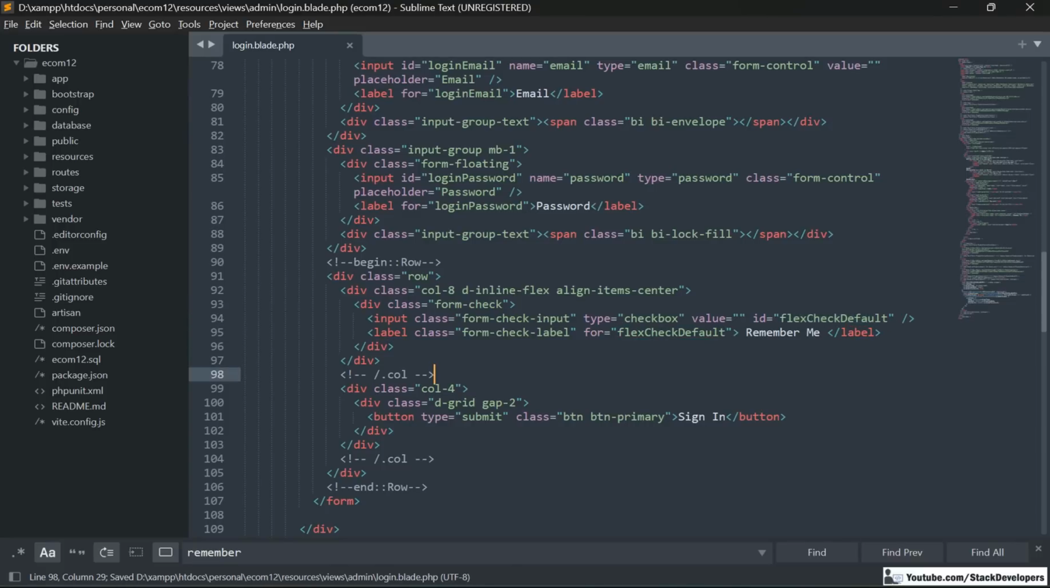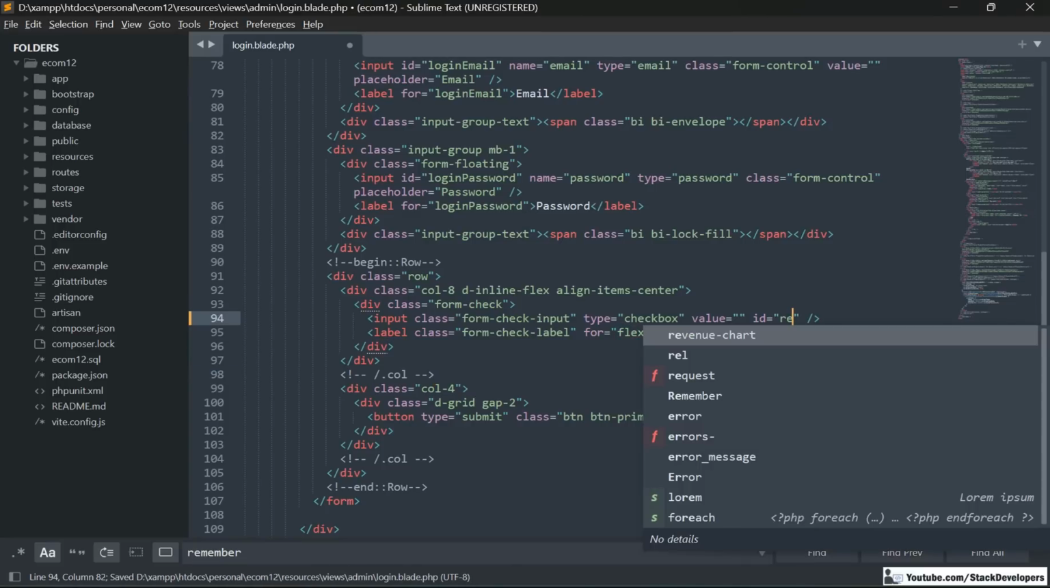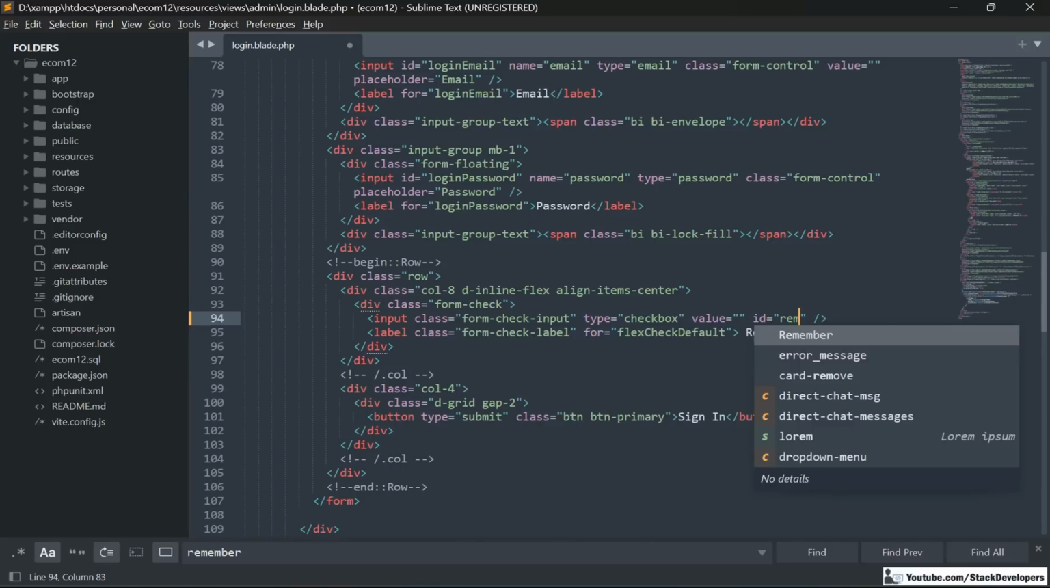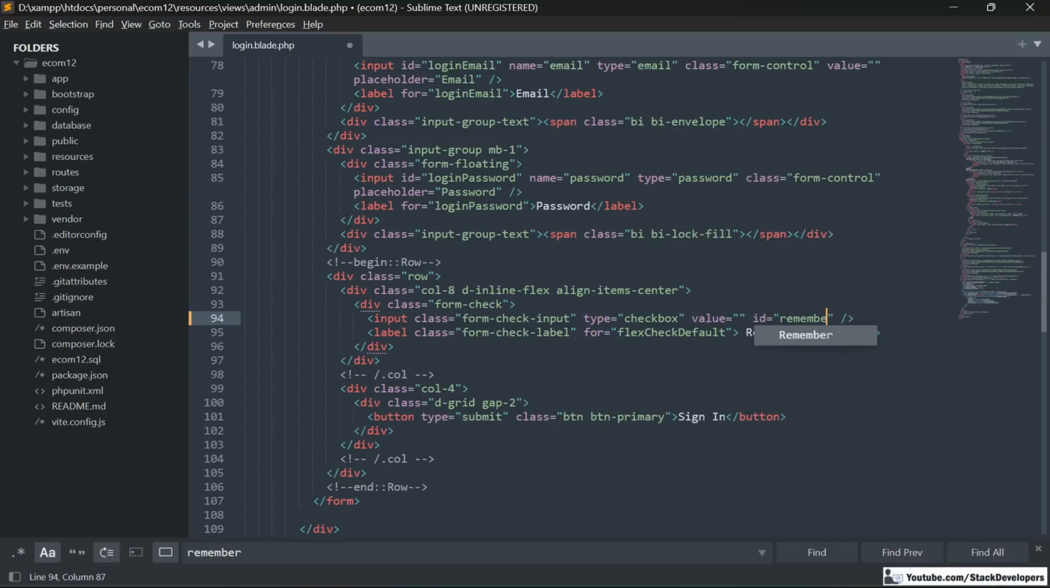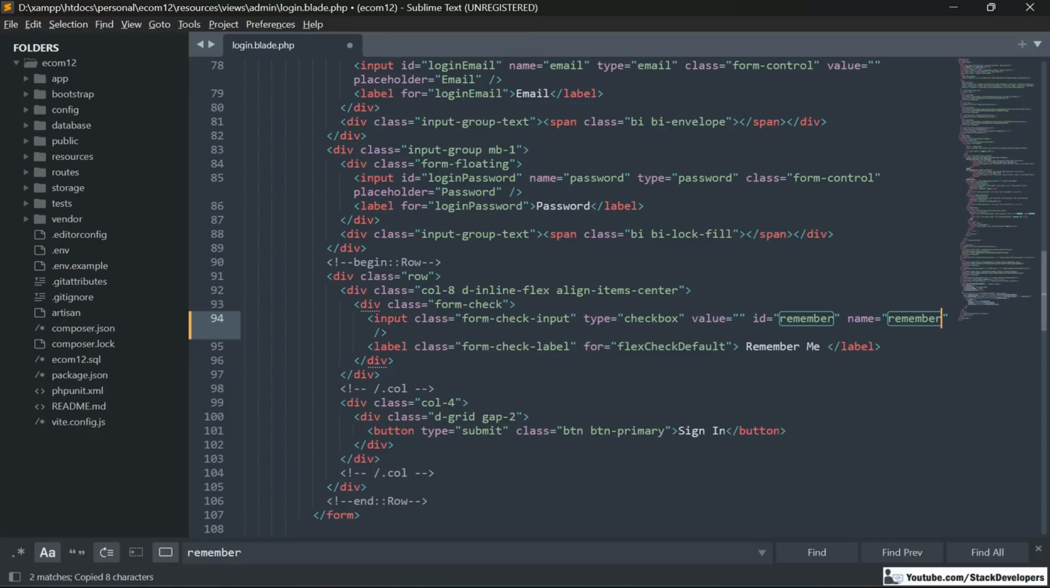So even add for field here remember, name as well, and here also. Okay,